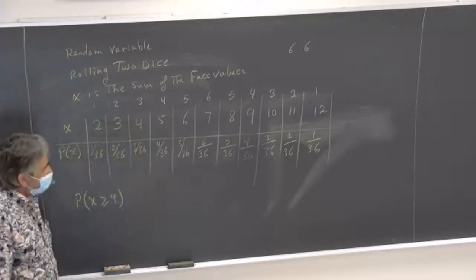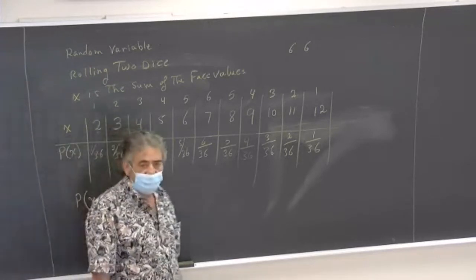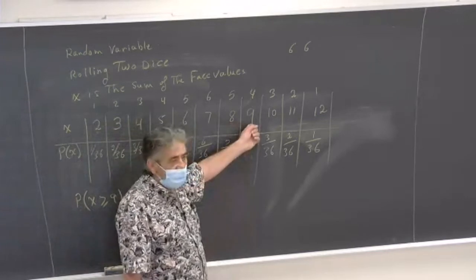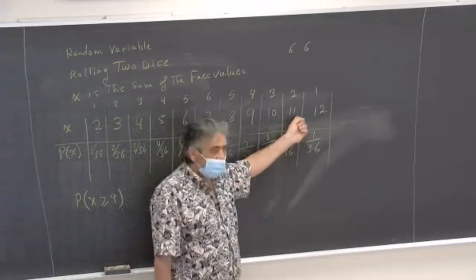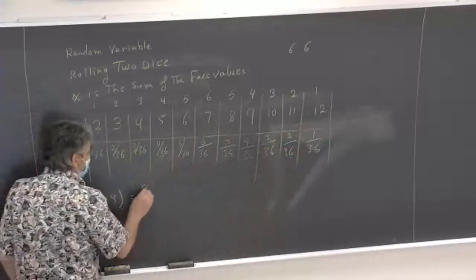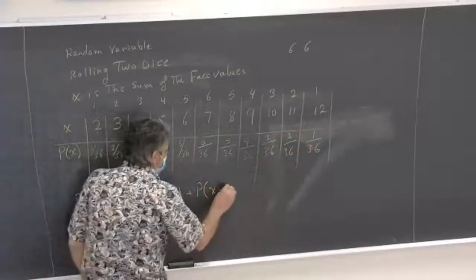How many numbers do I have the sum greater or equal to nine? Which ones are they? 9, yes? 10, 11, and what? 12. So this is equal to the probability of x equal 9, probability of x equal 10,